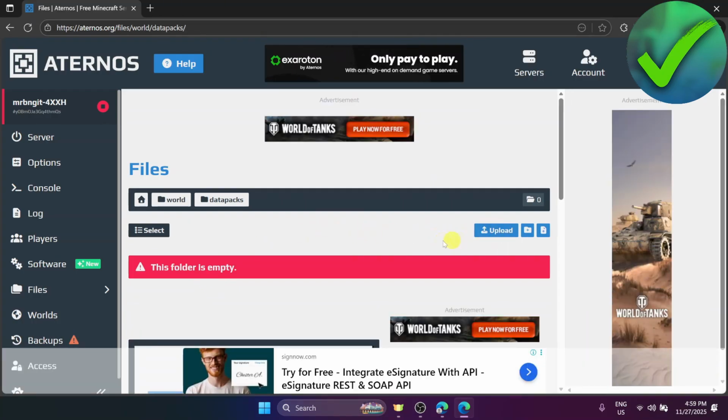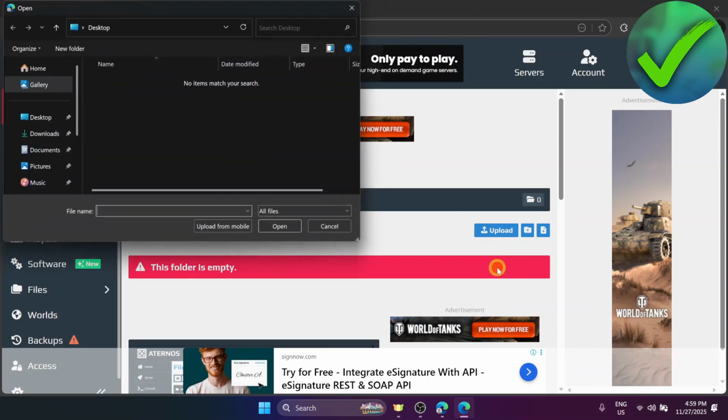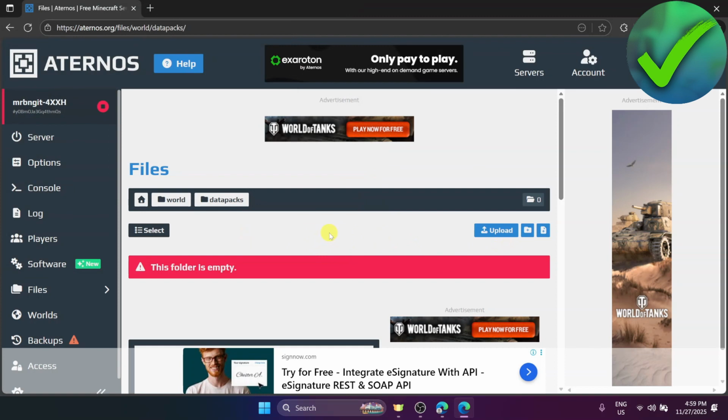So if you click the upload button right there, you can either upload a folder or a file. So what we are going to do right here is to just, let's say for example, upload a file. Just click on that and then just look for the file right here that you want to upload. Once you upload it, what we're going to do next is once we upload the file, is to go back here on